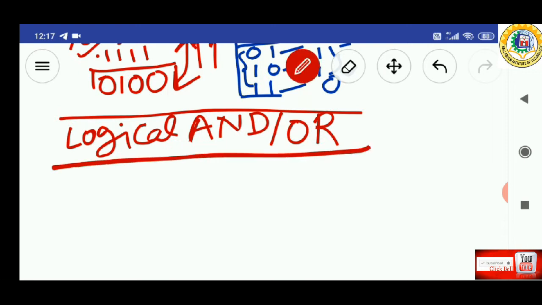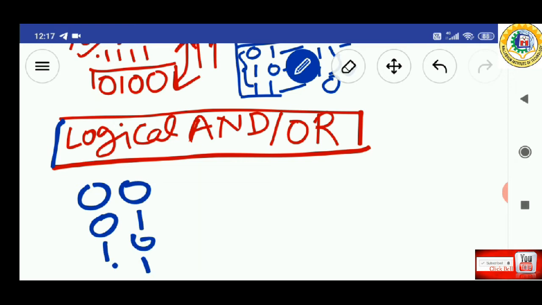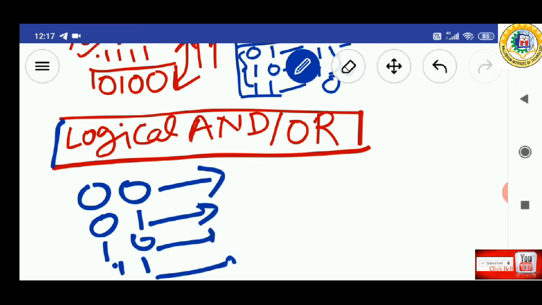All of you know the truth tables of the logical AND and OR from digital electronics. Suppose the inputs are 00, 01, 10, 11. First, the output of the AND gate: if 0 is multiplied with a number, the output is 0, and only if there are two ones, the output is 1. For the OR gate, if there are two 0s, the output is 0, and for the rest the output is 1.